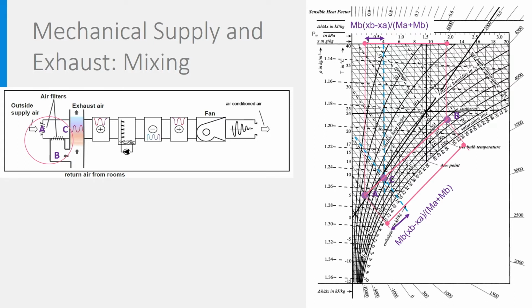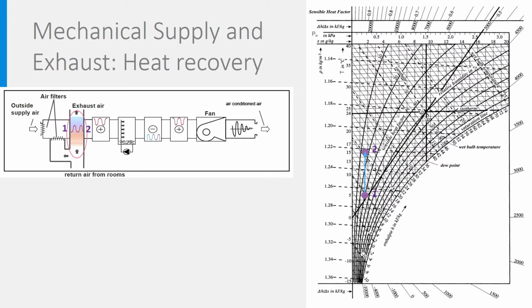In a cooling situation, in a hot and humid climate, it is on the contrary likely that the return air is drier than the outdoor air because it is air-conditioned to low humidity, by which point A would be located, for instance, here, and the mixing process would go along this line.